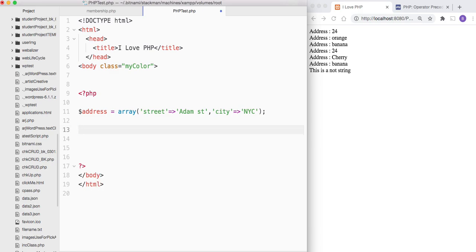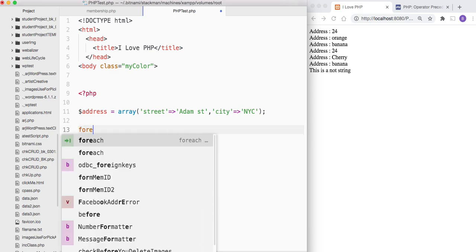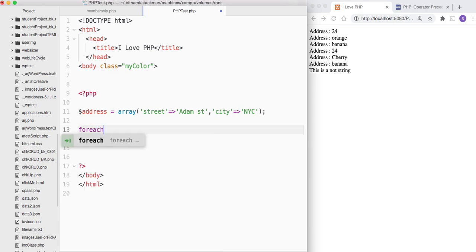To read them, it's the same way, the foreach, because remember the foreach is used to loop through an array. So remember the array, you called it address, right? This one, you called it address. So you go like this. Let's put that bracket thing here. You're going to say, this is the array I want you to talk about, and I want to as, we're going to call it,